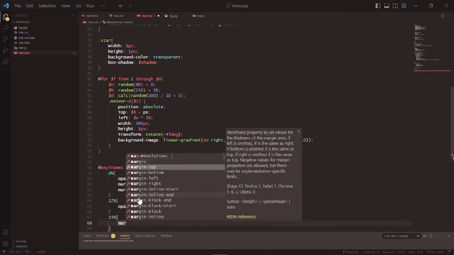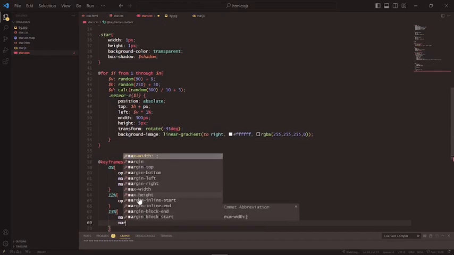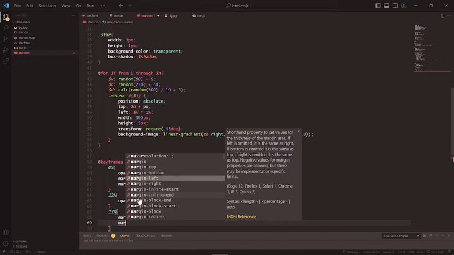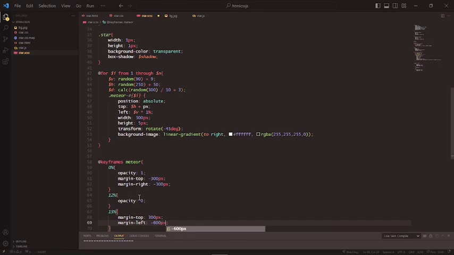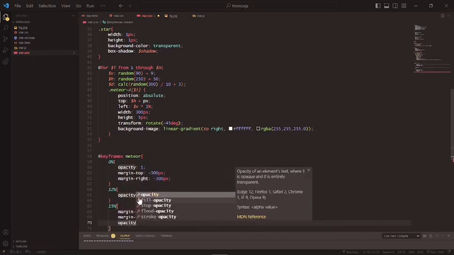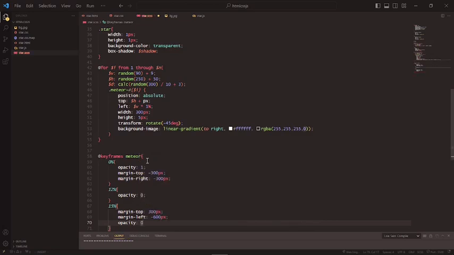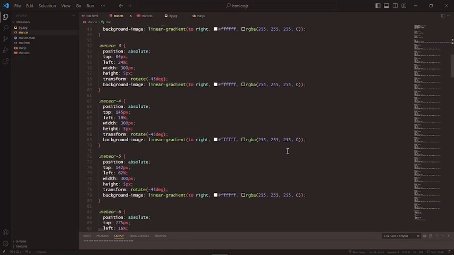Margin top 300px and margin left -600px, and we're going to add opacity 0. So now if you check our star.css, you're going to see a whole bunch of code